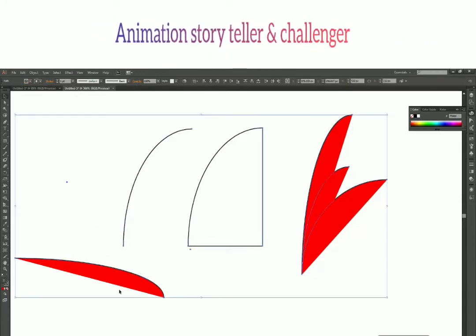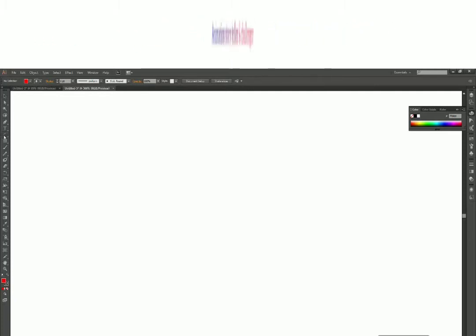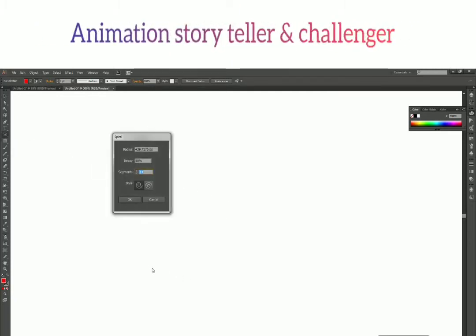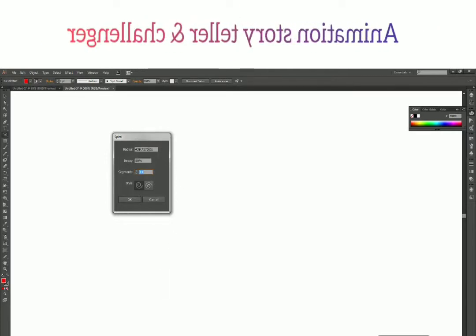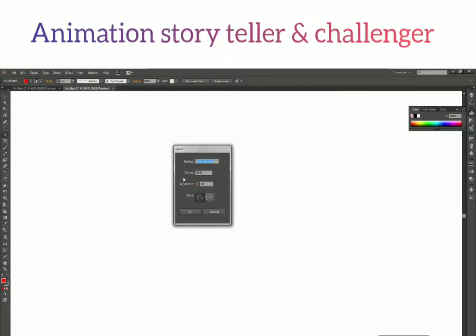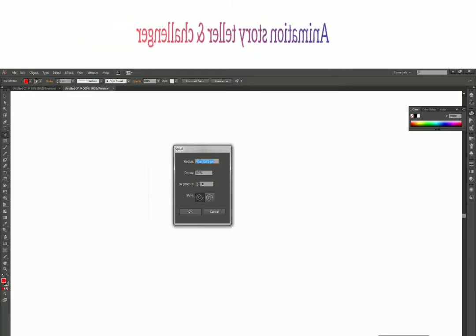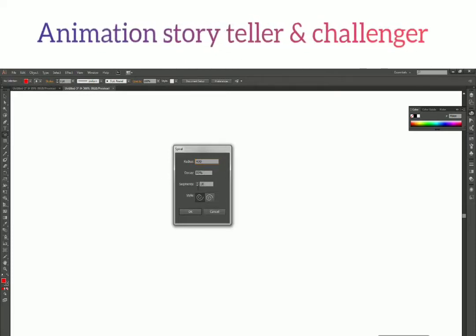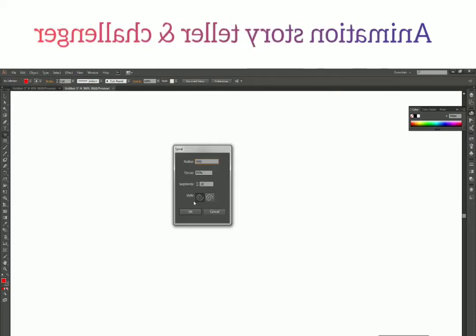Alright, so let's see the spiral tool options now. So from here you can define the radius which says 439 pixels. So right now I'll just change it to 400 pixels and the decay is 80% and the segment is 10 and it is anti-clockwise.